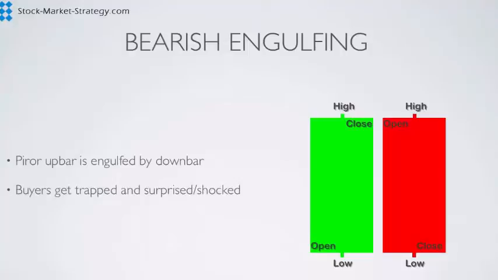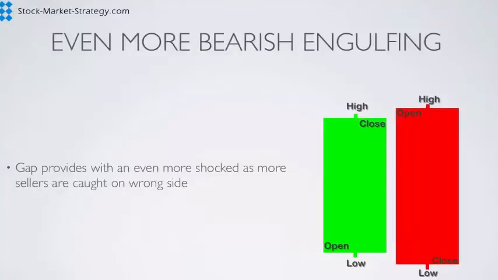The opposite is the bearish engulfing. It's practically the same, except where buyers are buying, pushing it up and closing at the high. They believe this is a strong momentum bar and it's going to climb further, and then they will be shocked and surprised when the next bar closes down here. So all that bullish momentum and sentiment here is suddenly negative. And again, there's also an even more bearish engulfing where we gap up. People believe this is gonna climb even further after a big up green bar, and then we close low. So the same as the bullish engulfing, just reversed.